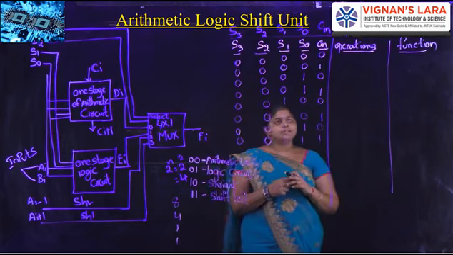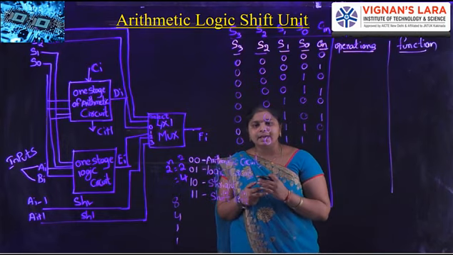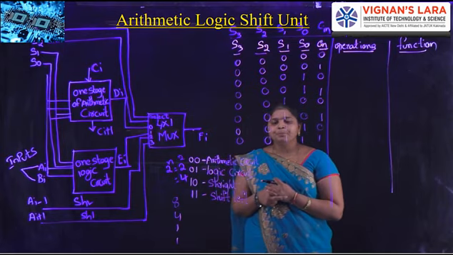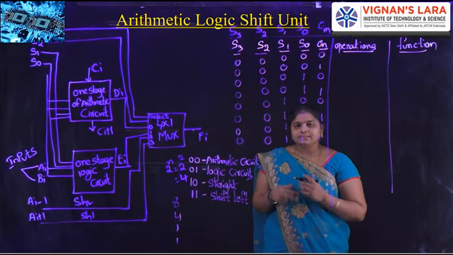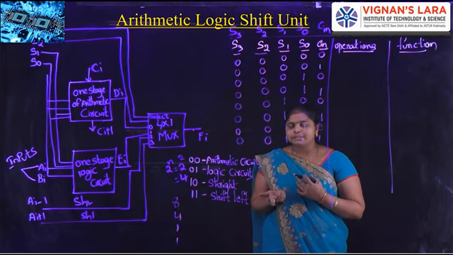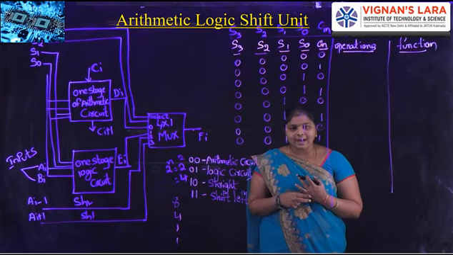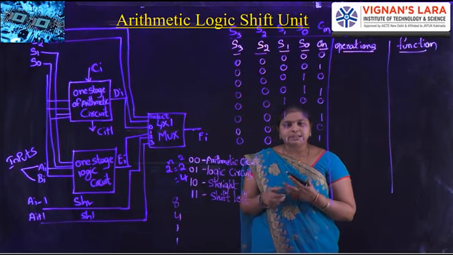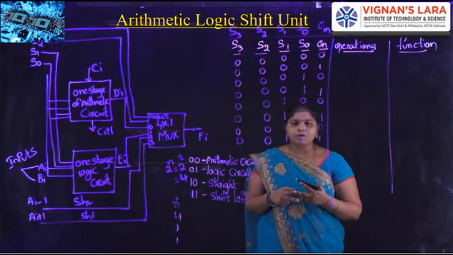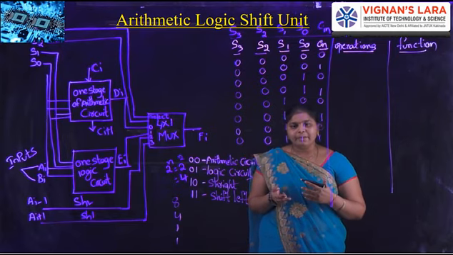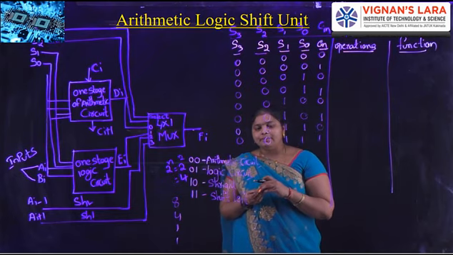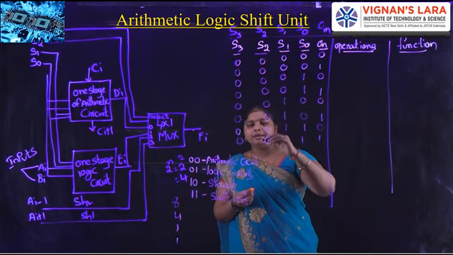What operation do we require for performing these arithmetic circuits? Already in the earlier class we discussed the arithmetic micro operation and the arithmetic circuit. What is this circuit? We have 4 full adders and 4 multiplexers. In the multiplexer we take x, y values and D is the output, and carry also will be performed in the full adder. By using this arithmetic circuit, we perform these 8 micro operations.